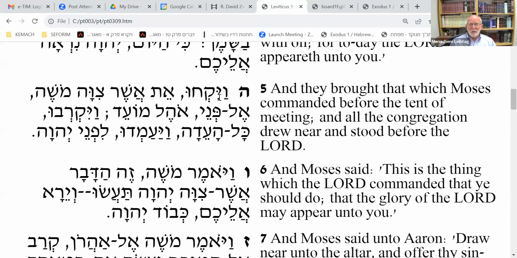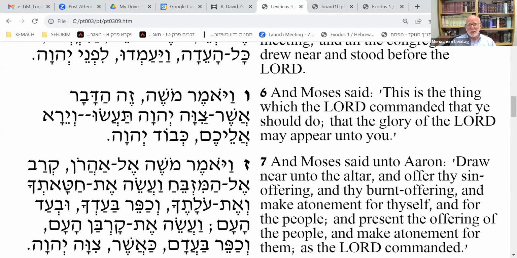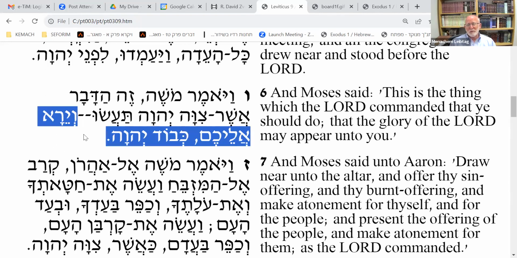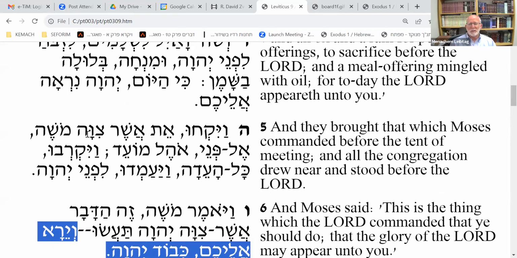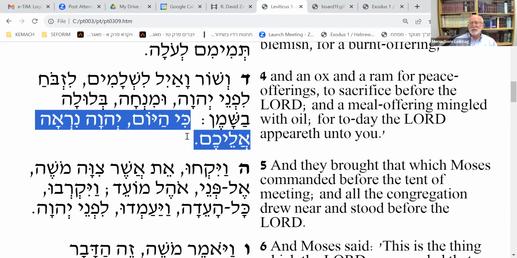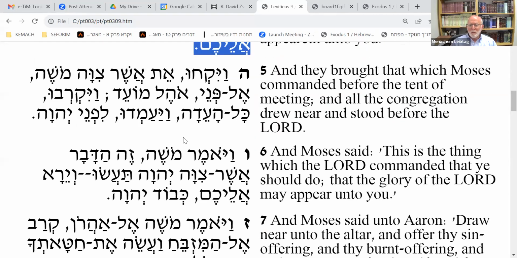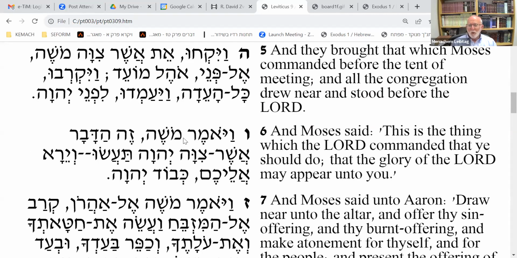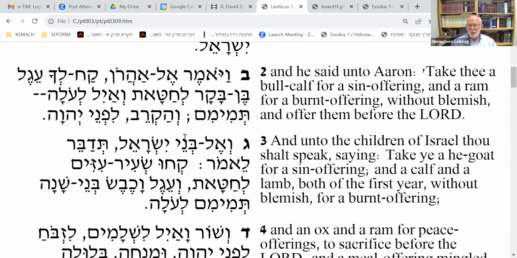And what does he say? Take all these commands. Why? Stand in front of God. And Moshe tells them, here's what God commanded. Vayera aleichem kevod Hashem. This is the day when Am Yisrael will encounter God again. If we go back to Pasuk Daled, it says, Ki hayom Hashem nira aleichem. Just like what happened in Har Sinai, God's Shekhinah went away after Chet HaEgel. After building the Mishkan for 6 months, God's Shekhinah is ready to return, and then we can travel on to Israel. On this big day, when we encounter the Shekhinah, we have a ritual avodah where the Kohen Gadol,